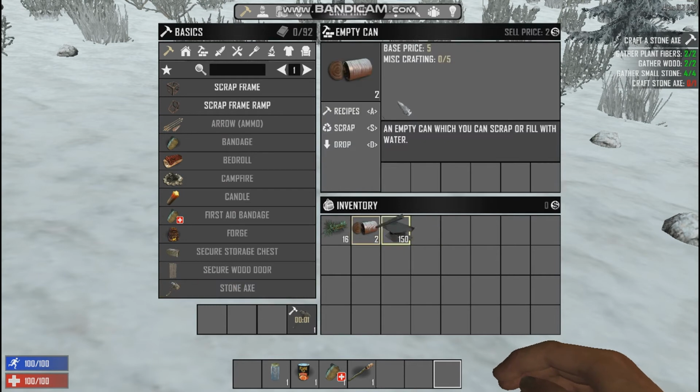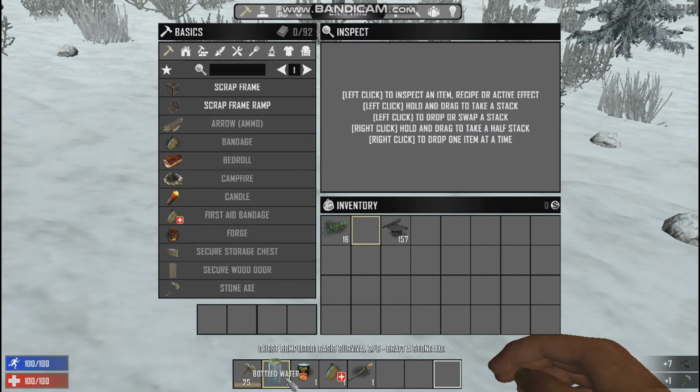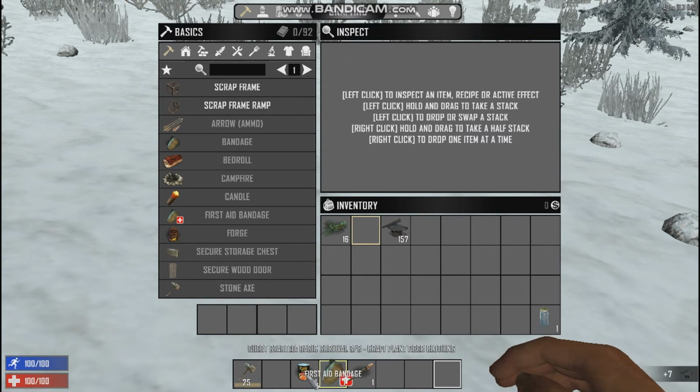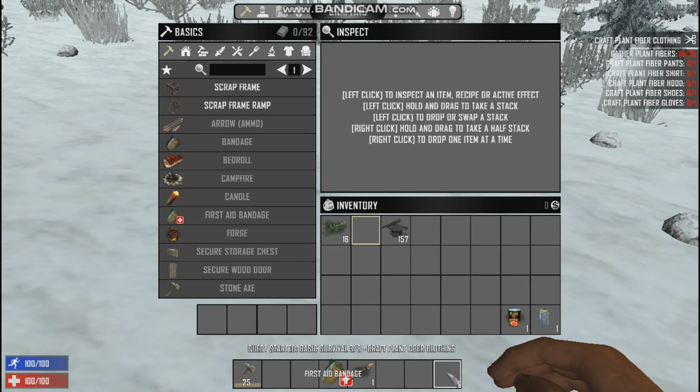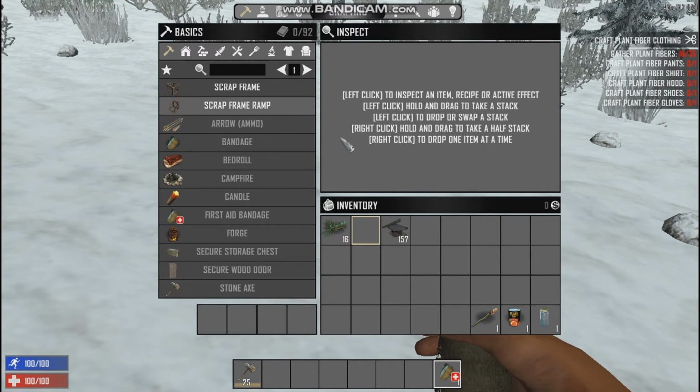And we will scrap the cans. Alright, we got a stone axe. Move our bottled water to here, our food to here. We're going to put our bandages over here, and our torch in there. Alright. So, now we're looking at this, and we go...